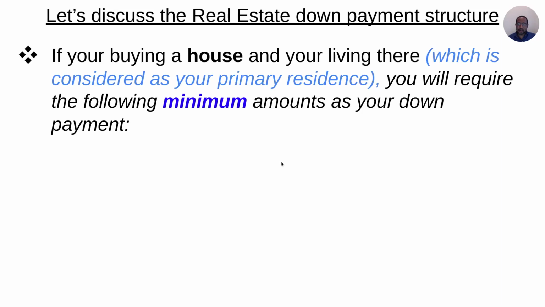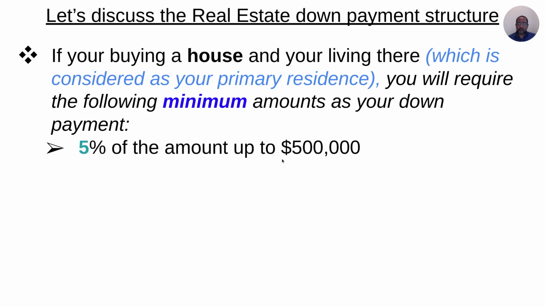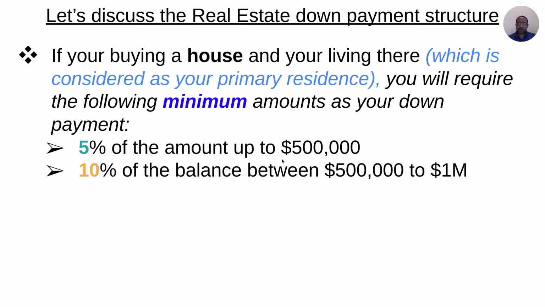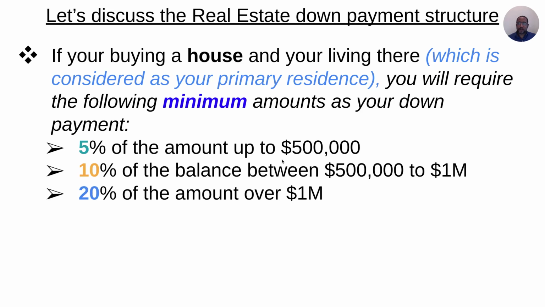Discuss the real estate down payment structure. If you're buying a house and you're living there, which is considered your primary residence, you'll require the following minimum amount as your down payment: 5% of the amount up to $500,000, 10% of the balance between $500,000 and $1 million, 20% of the amount